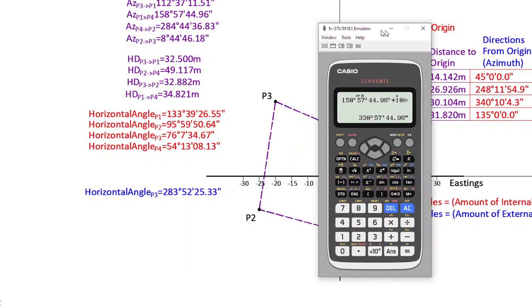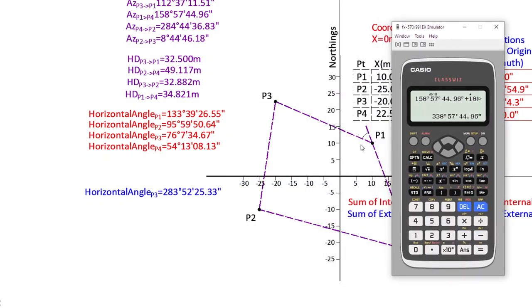Then I take the orientation from P1 to P3, the value that I have here in my calculator. I have the whole circle bearing from P3 to P1. So I just add 180 degrees to this value, and then I obtain the back bearing, or the bearing from P1 to P3. So minus